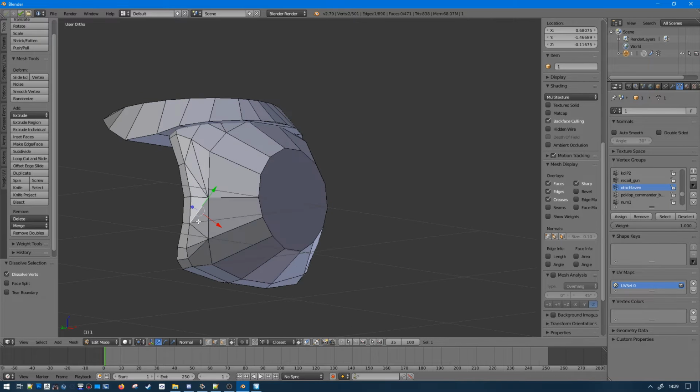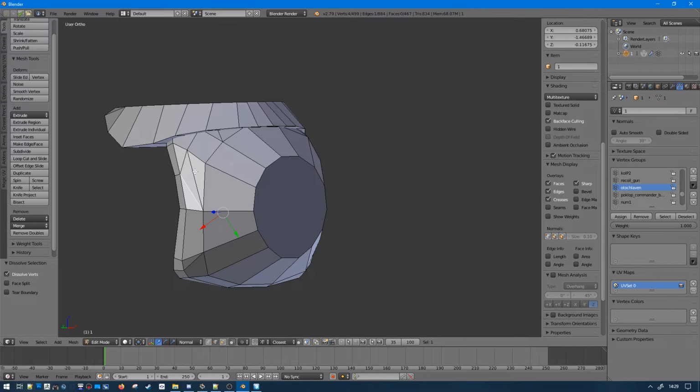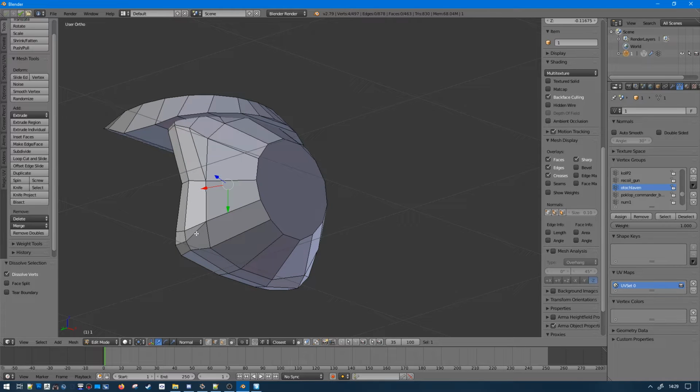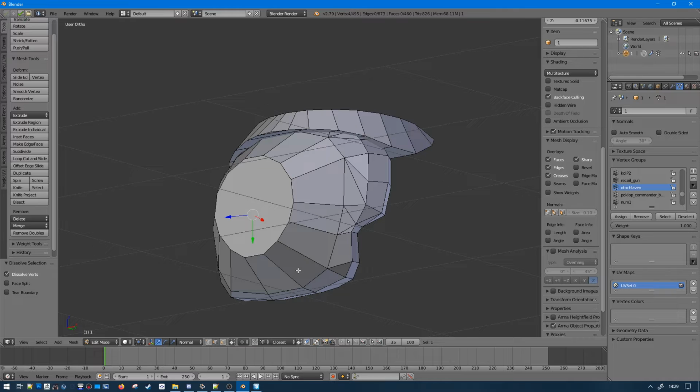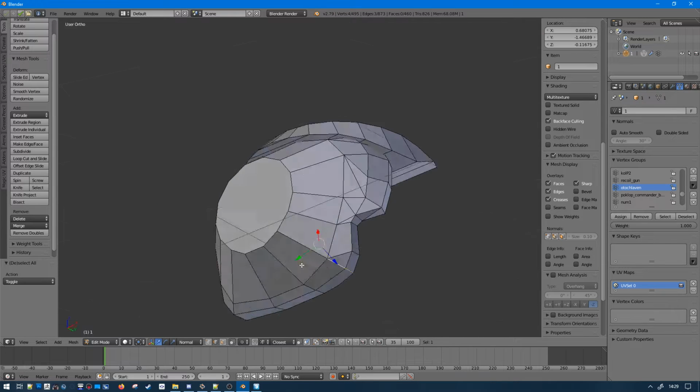So here it's the same. I'm simplifying the mesh, so getting rid of unnecessary stuff.